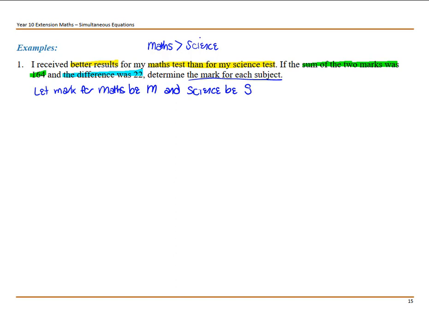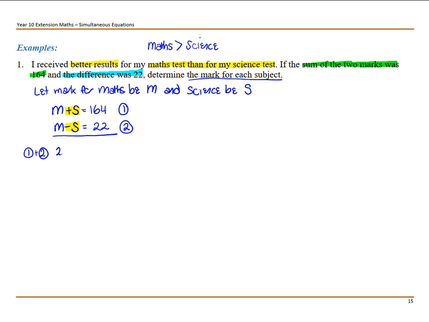Now let's go back to what the question says. The sum of the two marks was 164. So M plus S has to equal 164. The difference was 22, knowing that maths was greater than science. So that means maths minus science was 22. We have equation 1, equation 2, and the quickest way with a plus S and a minus S, just add the two equations. So if you go 1 plus 2,